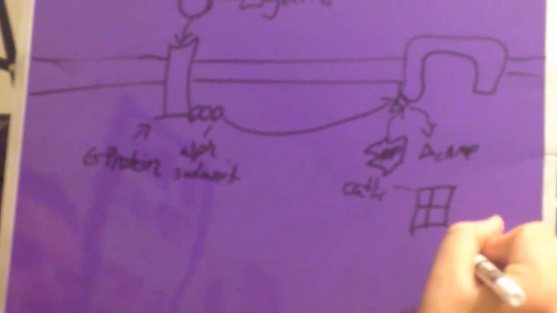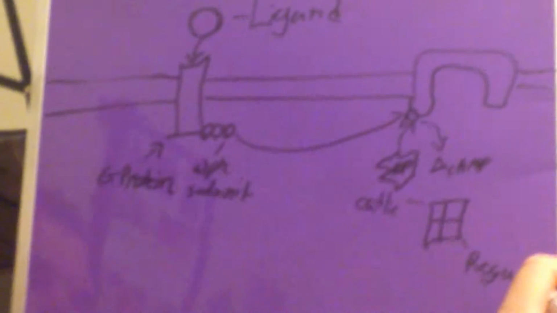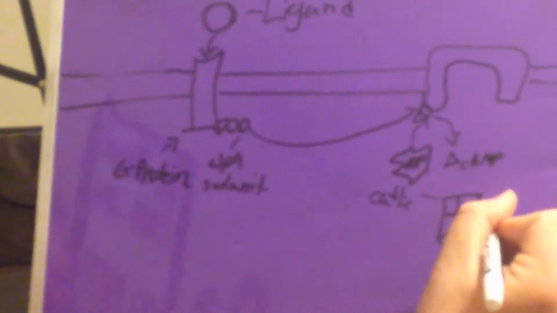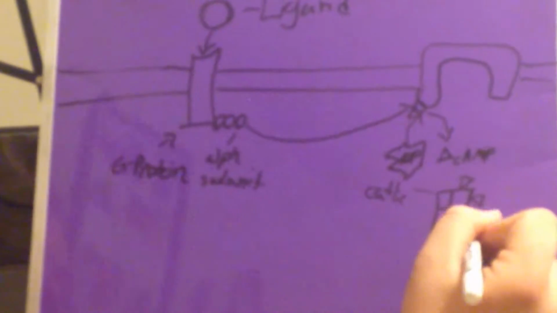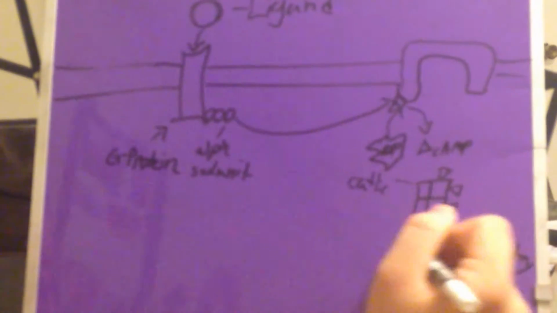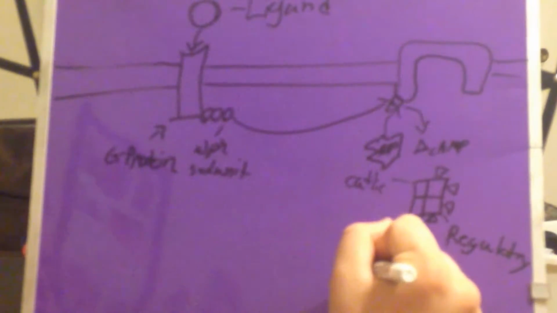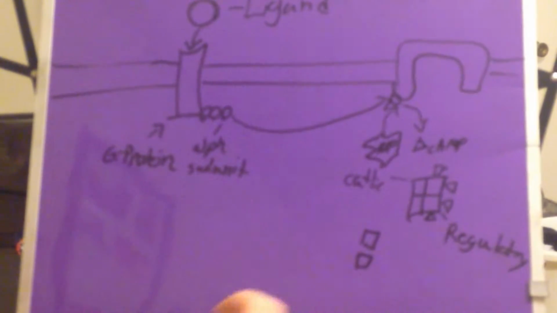And the regulatory side. Now, these cAMP molecules or proteins will connect to the regulatory side, and when that happens, the proteins will break apart, and you have the catalytic proteins off by themselves,